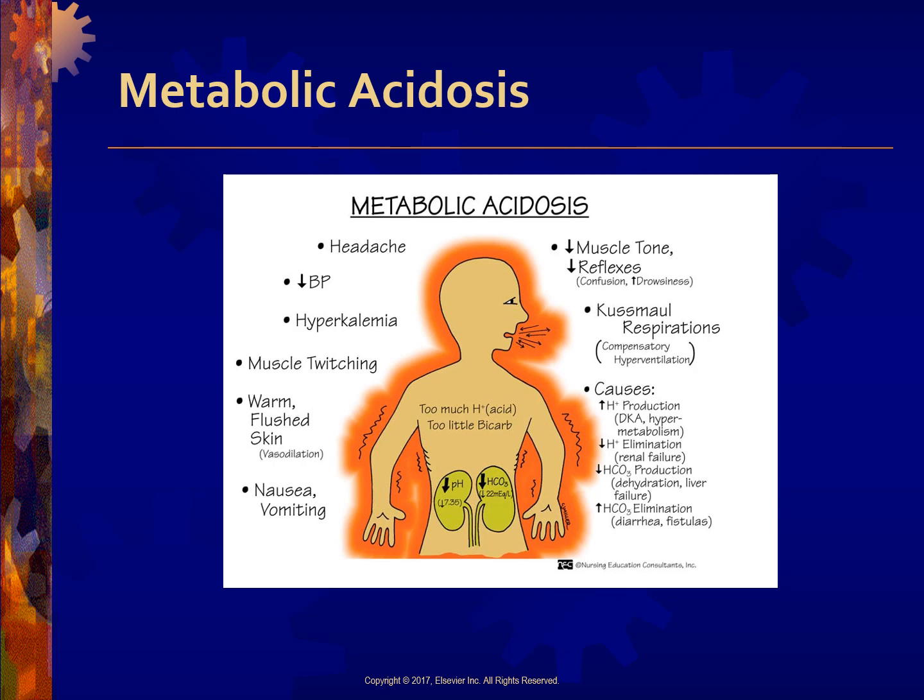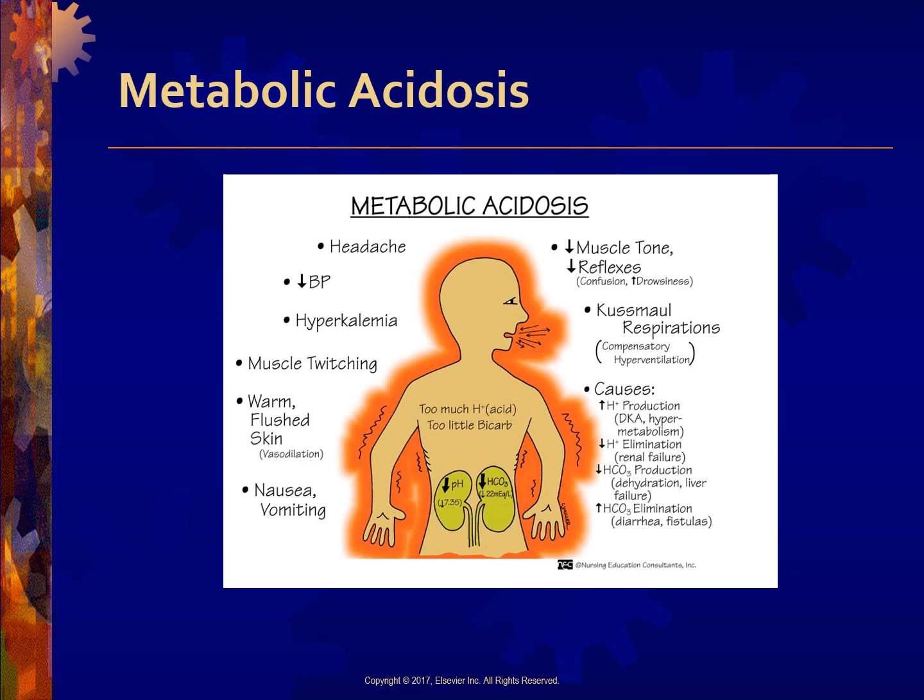In metabolic acidosis, we have patients with a headache, low blood pressure, hyperkalemia, elevated potassium. Their muscle tone and reflexes are going to be decreased. They're going to have Kussmaul respirations. It's a compensatory mechanism. And so some of the causes then is going to be